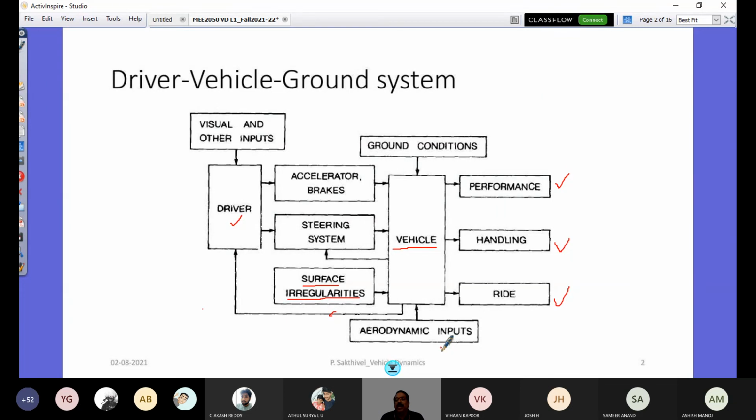They don't only comment on ride, they would comment on all this: performance, handling, ride, and so on. The comments are because of the feel of an expert driver or juries, and as a test engineer or researcher, you have to account that yes, their statements are valid, and you would find out objectively why they say that. That's where you see the key role of learning vehicle dynamics, right?